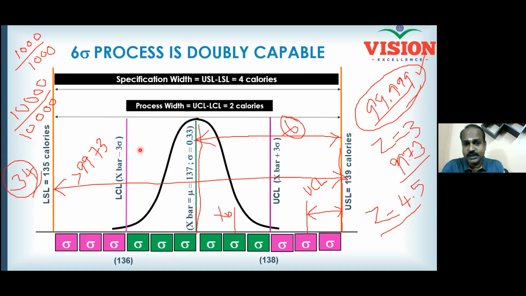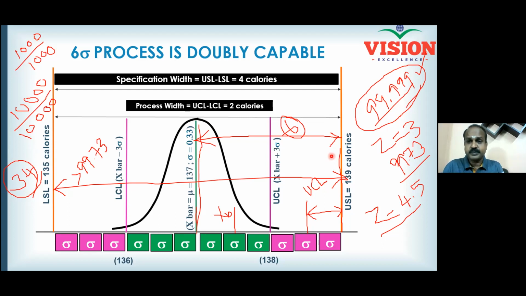It is something like giving 10 rupees to your child as pocket money. Your child spends only 5 rupees and reserves the other 5 rupees for future saving. If something goes wrong in the future, the saving can be used. Exactly the same thing you are doing here. Though the customer has given you 2 calories on the right side, your process is consuming only 1 calorie. That means an additional cushion of 1 calorie is available even beyond the control limit. And that's how you are making your process much more capable than earlier.